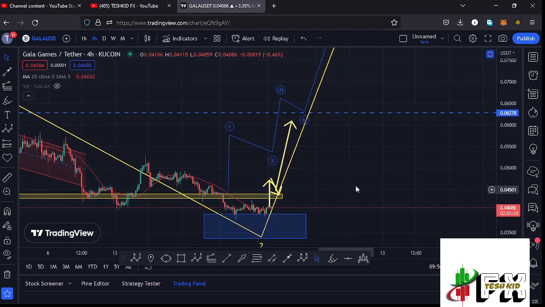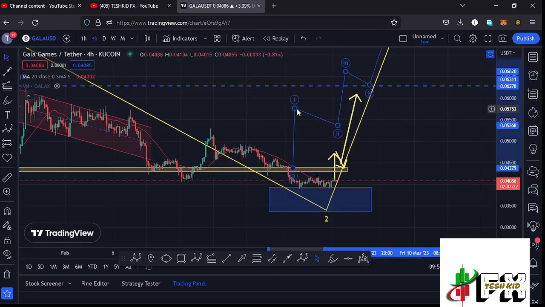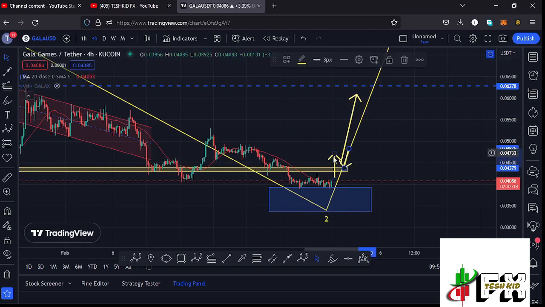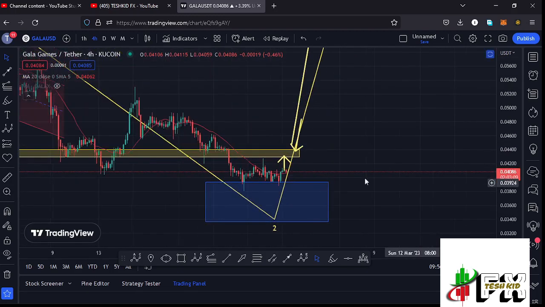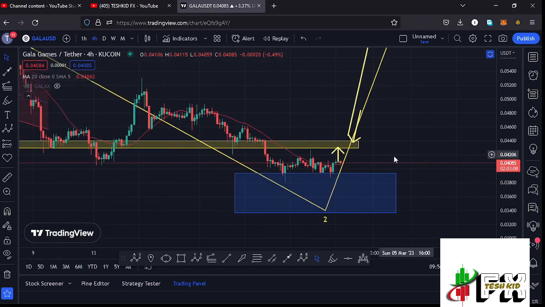We also have another possible scenario that could also play out over here in case we continue gearing up, maybe get to our next key area of resistance at around the $0.4361 mark. We get rejected, and in case we see a rejection at that key area of resistance, then I'll be expecting a massive pullback over here to give us a break below the 20-day MA. And once we lose the 20-day MA, then we can continue hammering into our blue target area and also fully